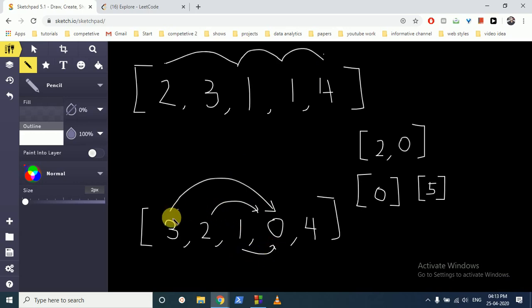So if you start at 3 and go to 2, then again you can go to a maximum of 0 only. So you cannot reach 4 in any case. I hope you understand the logic. But what we can see here is that if we are at 2, we cannot reach 4. We can in the end reach 0, but we cannot reach 4. So we can mark it visited because we do not have to recompute whether we can reach from 2 to 0, because if we check it from 3 to 0 we see that we cannot reach.